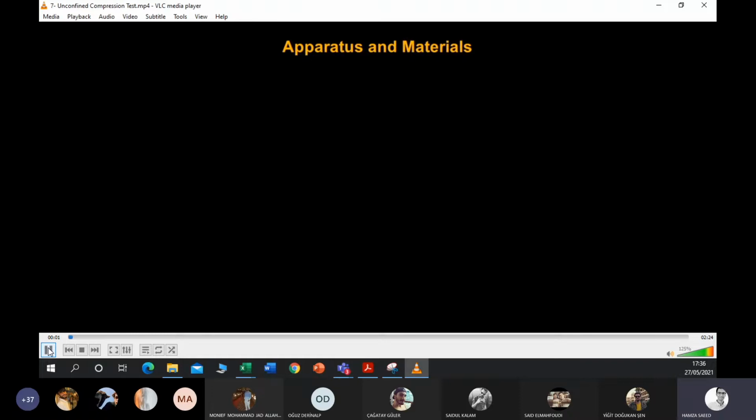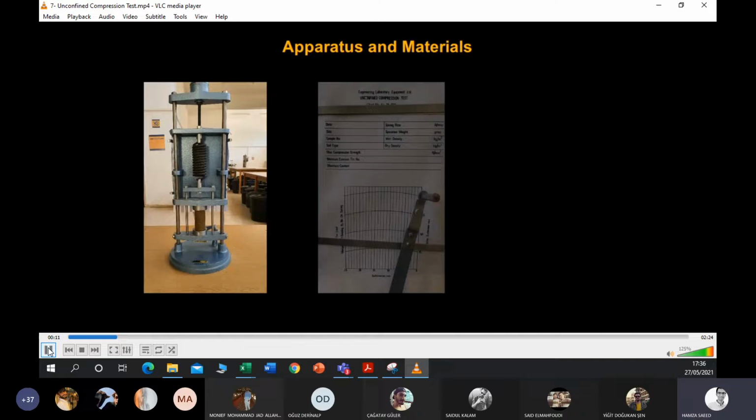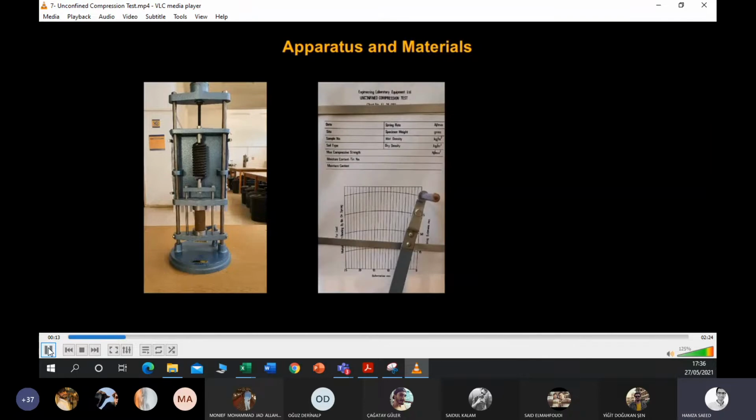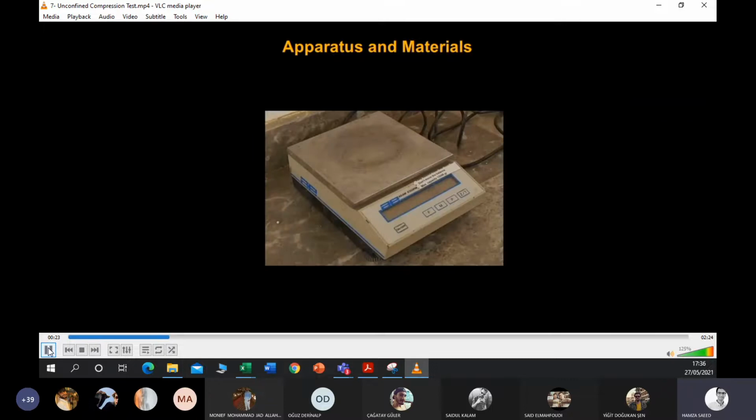For this experiment, autographic unconfined compression test apparatus, autograph panel, vernier calipers, and balance is required.